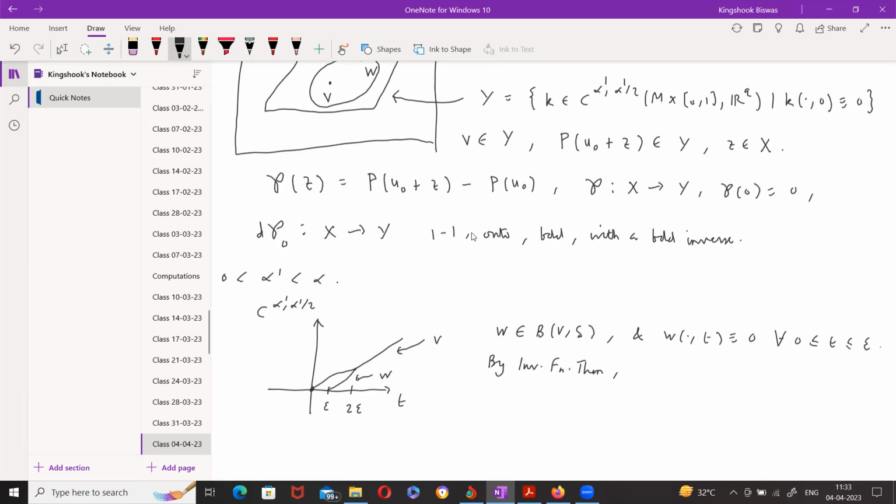And then by the inverse function theorem, there exists a Z in X such that capital P of u naught plus Z is equal to W. Okay. So you put u, the solution we want, to be u naught plus Z, right? So Pu is W,